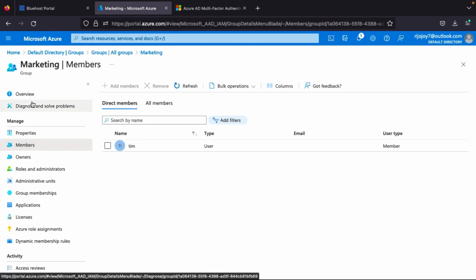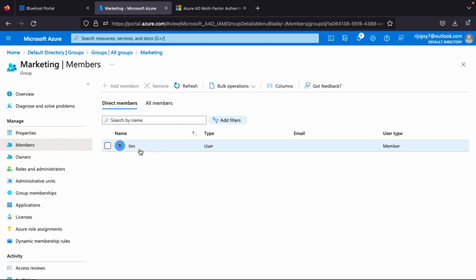So you can go here and check this one. I think you can now understand how we can make the dynamic group. For a dynamic group, it is very important to check your license prerequisite, P1 or P2, and then add the expression, depending on the expression. In this one, we go to the marketing group and see that the team member is added. So I think now I will wind up this topic. I think you now understand the topic, how we can assign the license and how we can